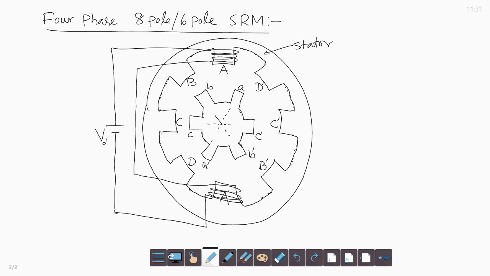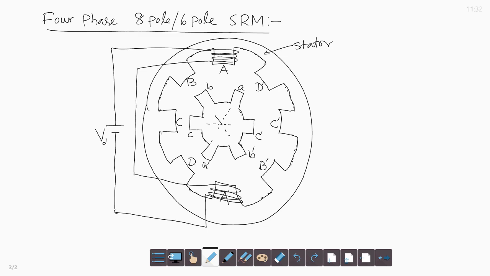So, rotor pole A is attracted to stator pole A, and rotor pole A dash is attracted to stator pole A dash. So, a reluctance torque is established, and that makes the rotor rotate and align rotor poles A and A dash with the stator poles. The torque is established when the stator poles A and A dash are energized at the right moment. Due to the reluctance torque, alignment occurs between rotor A and stator A, and rotor A dash and stator A dash.